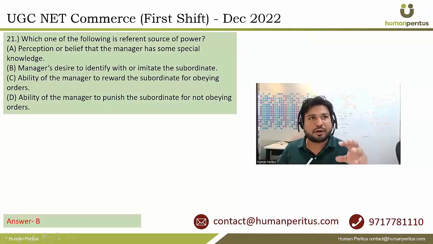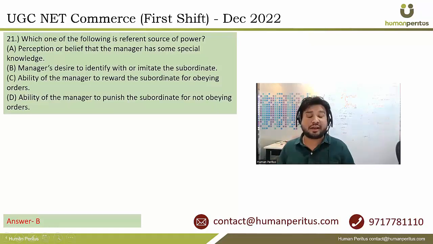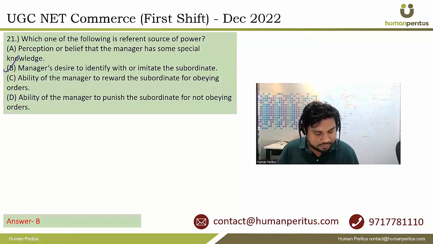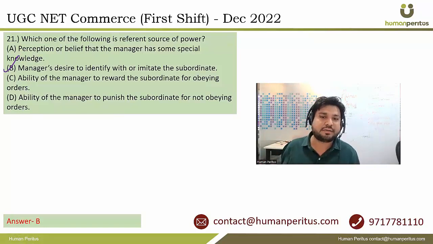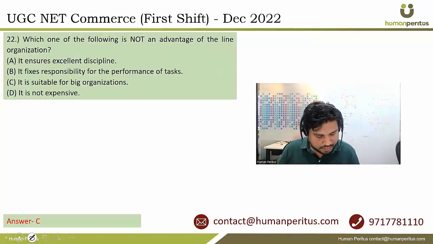ये वो पावर है जो आप ऐसे डिराइव करते हो कि आपके सबऑर्डिनेट आपको लेके लाइकेबिलिटी को लेके रहते हैं, उस सेंस में जो आपने पावर डिराइव करी, दैट इज डिफरेंट सोर्स ऑफ पावर। तो क्लियरली ऑप्शन बी हमें बताता है कि मैनेजर्स डिजायर टू आइडेंटिफाई विद और इमिटेट द सबऑर्डिनेट, यानी सबऑर्डिनेट आपको इमिटेट करेंगे, और तभी करेंगे जब आपके संग लाइकेबिलिटी होगा। तो इजीली इसका आंसर बी हो जाएगा। ठीक है।